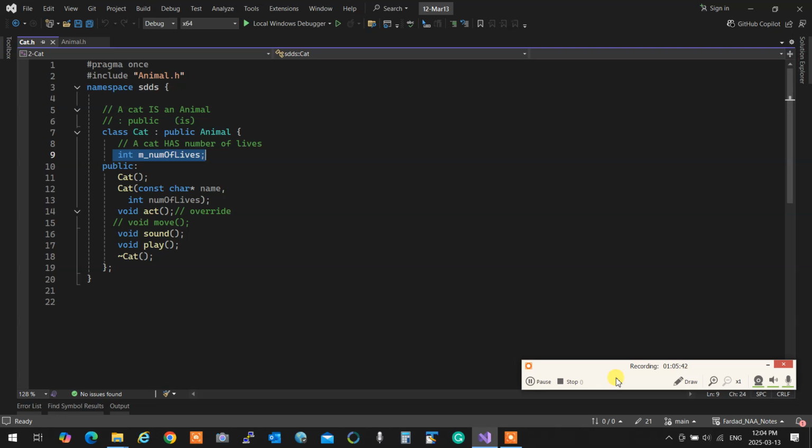Act overrides the animal's. Did you say shadow? Somebody said shadowing. It was you? Override of the cat, because it has the exact same signature of the animal, shadows it, overrides it. When a method of a child, I see that people are looking at me, what the? I'll explain what I mean. Anyways, so